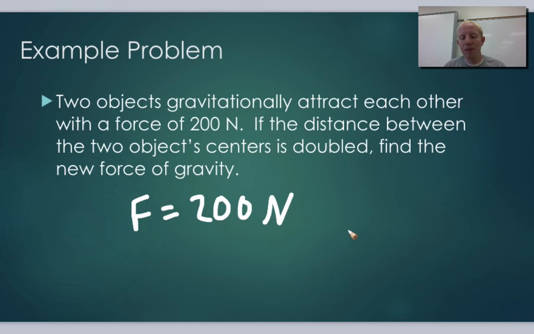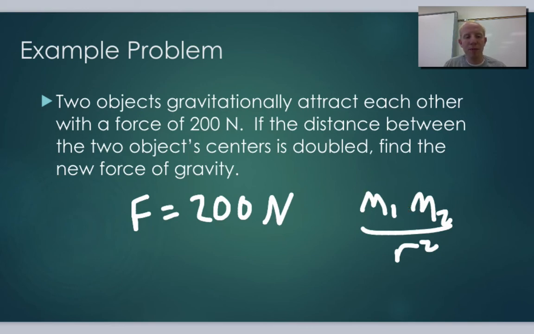So we know that mass 1 times mass 2 over r squared is proportional to that force. Now, I'm not changing anything about the masses in this problem, so I'm just going to treat all this stuff on top as 1, because it hasn't changed. We don't have to worry about it. I am going to change the distance between them. So now I've doubled that radius,